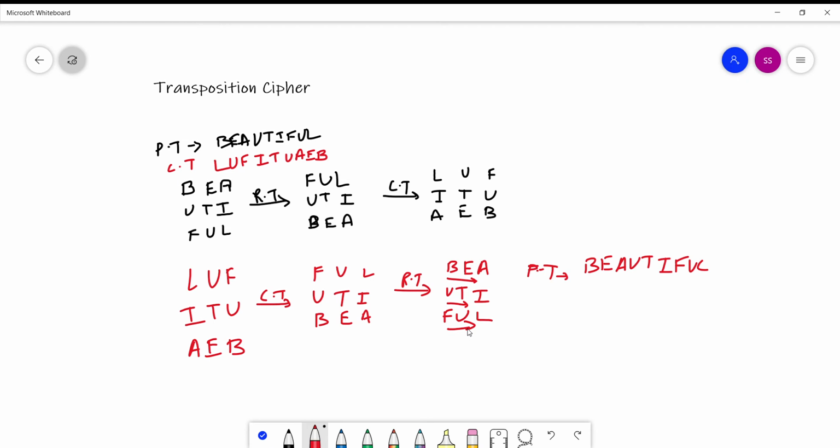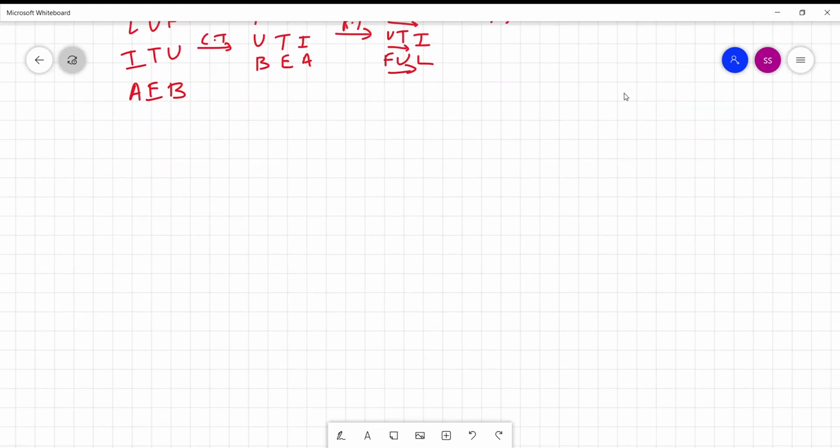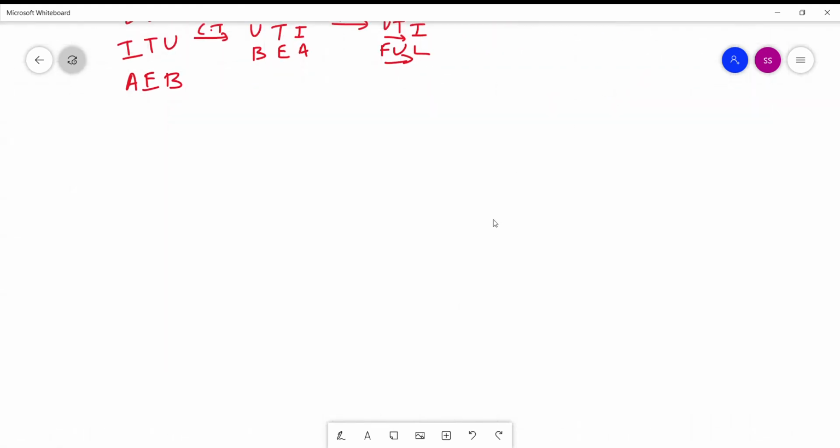Now coming to an example of a keyed transposition cipher. So in case of keyed transposition cipher, we need a key for encrypting our plain text. So for key transformation, I will again take the same plain text, beautiful. Let me write it down in the same matrix form.